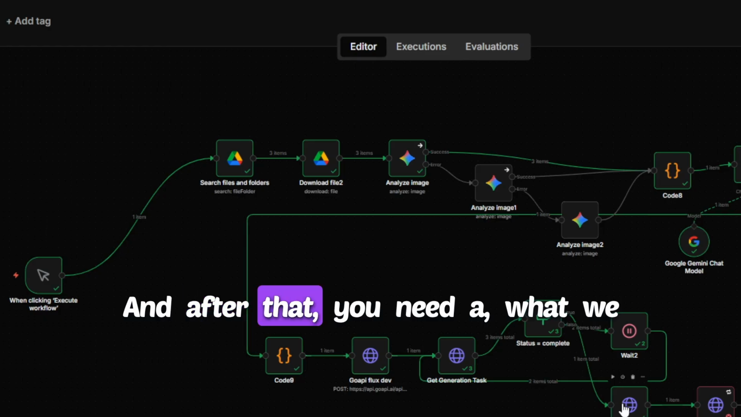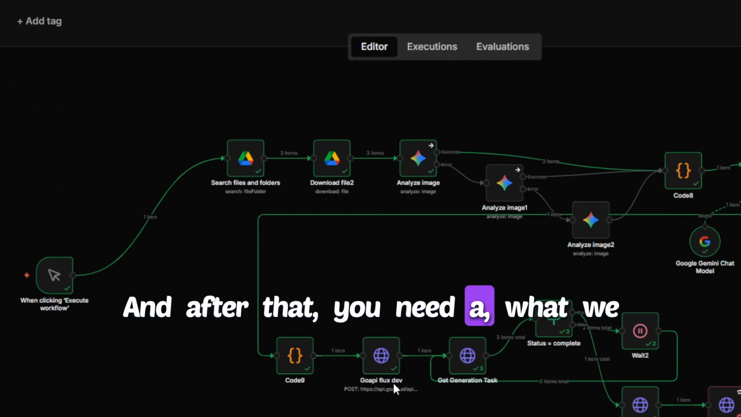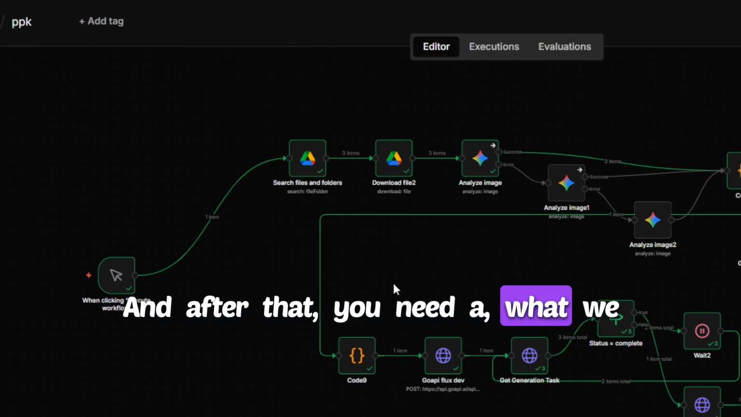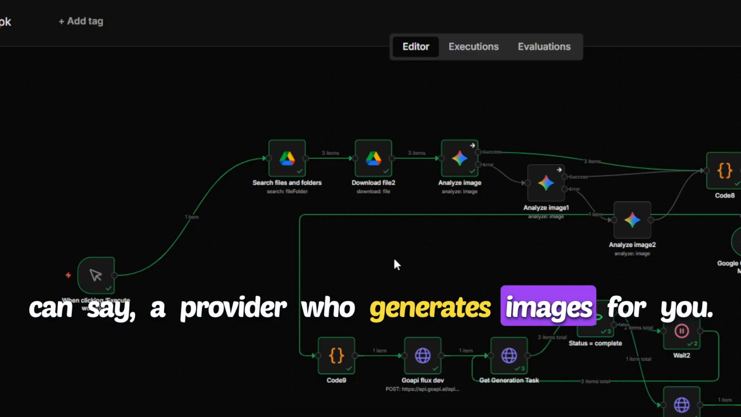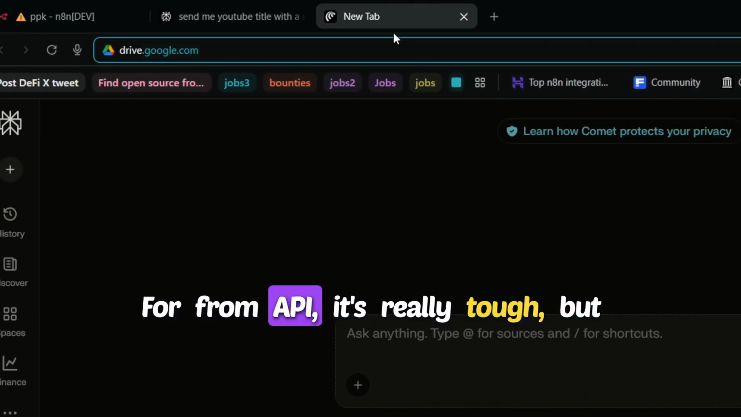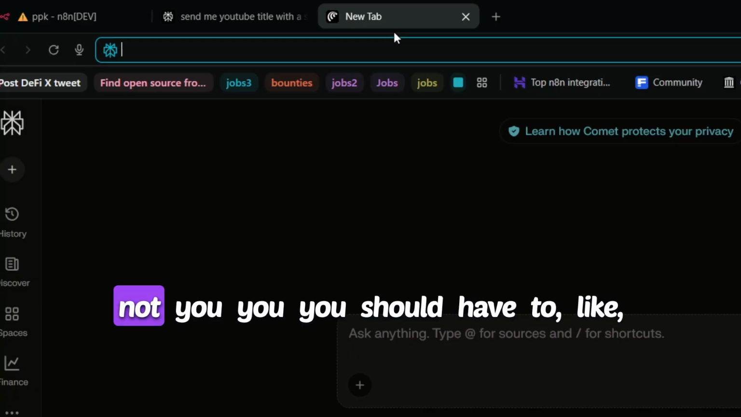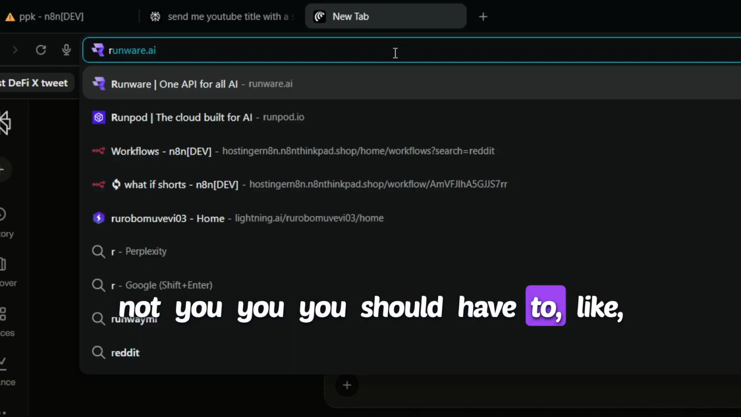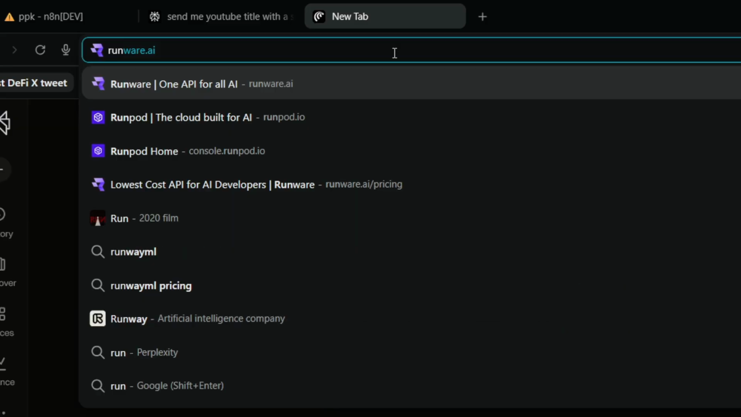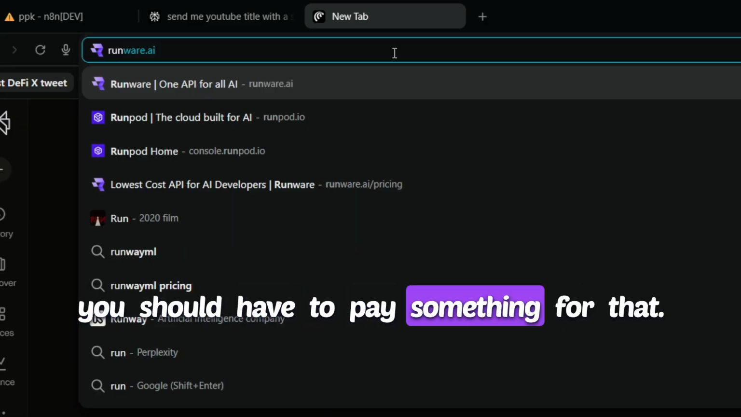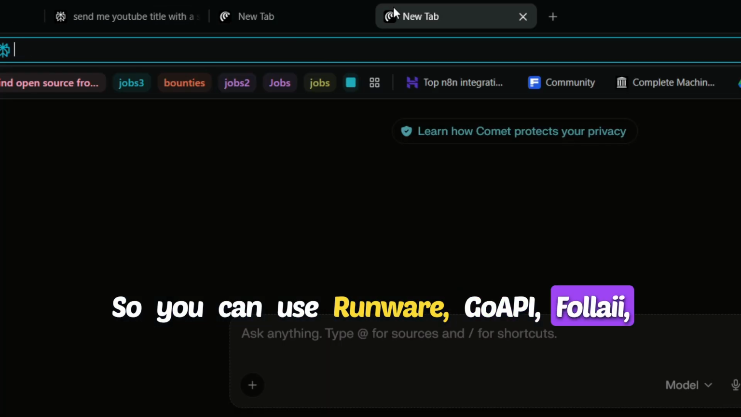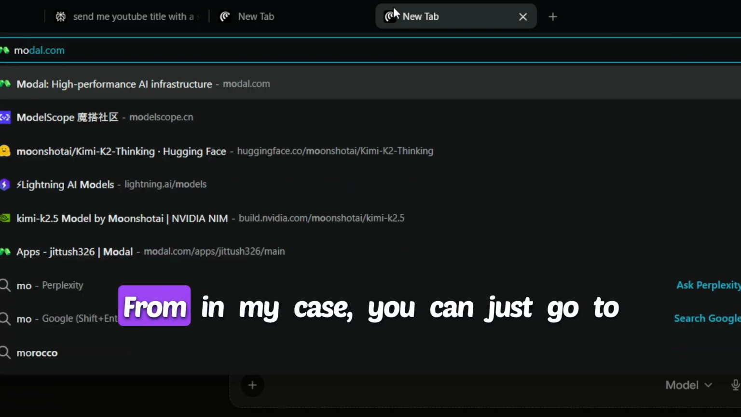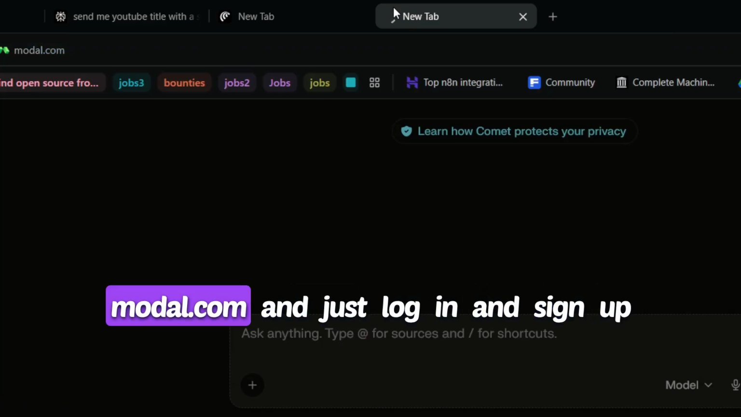And after that, you need a provider who generates images for you from an API. It's really tough, but you have to pay something for that. So you can use Runware, Go API, Fal AI, and anything else. In my case, you can just go to modal.com